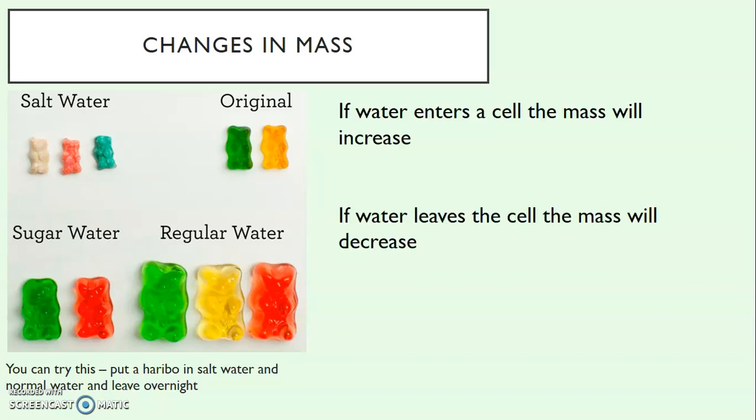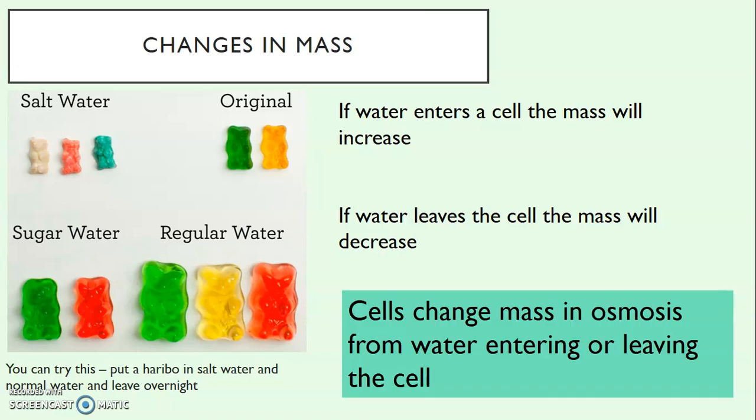So what's happening here? If water is entering into the cell or entering into the gummy bear, the mass is going to increase. If the water is leaving the cell, then the mass is going to decrease. So what we want you to learn in your facts is that cells change mass in osmosis from water entering or leaving the cell. So here in the salt water, what you will have is inside, you will have a higher concentration of water than you will have outside. So the water is going to leave into the salt water,